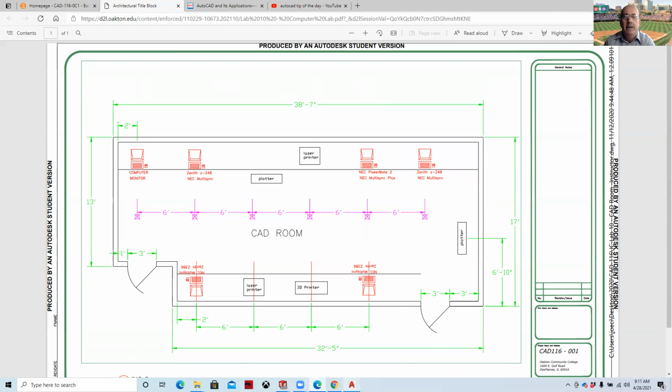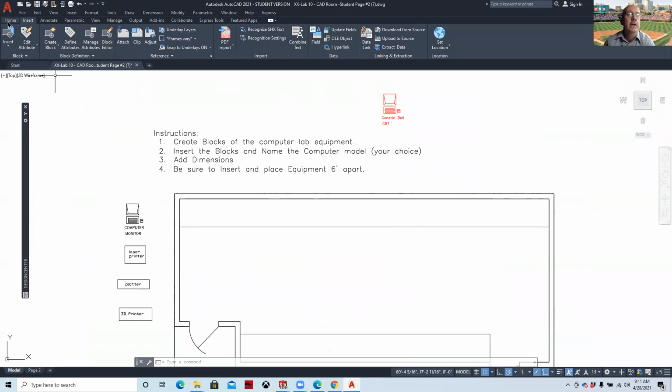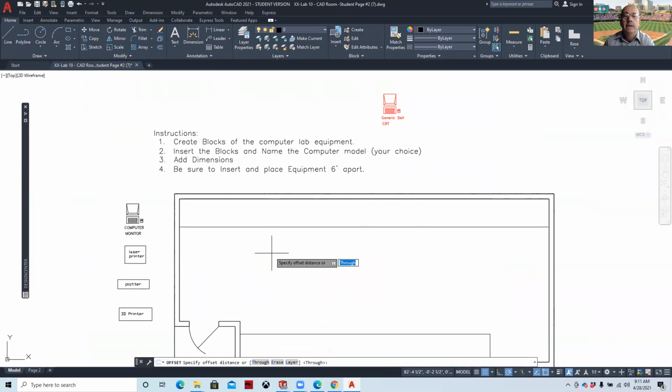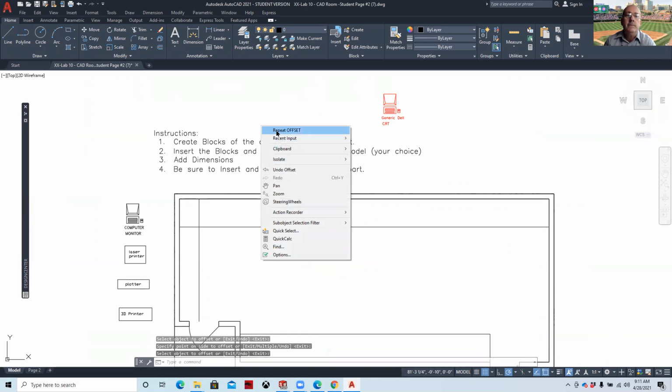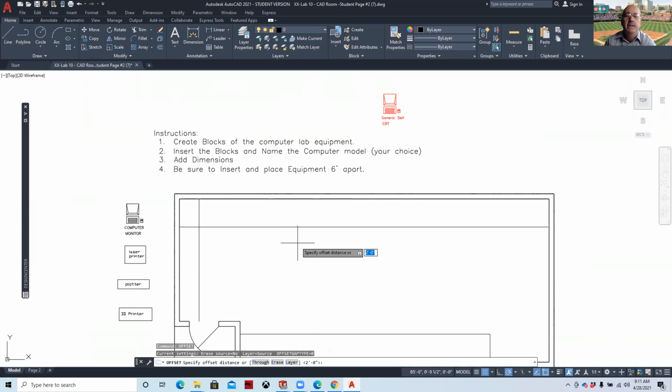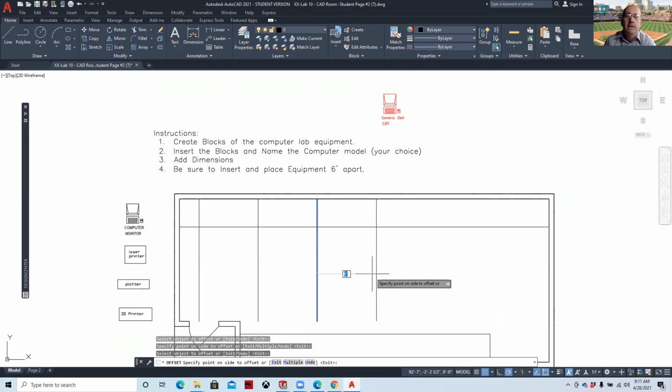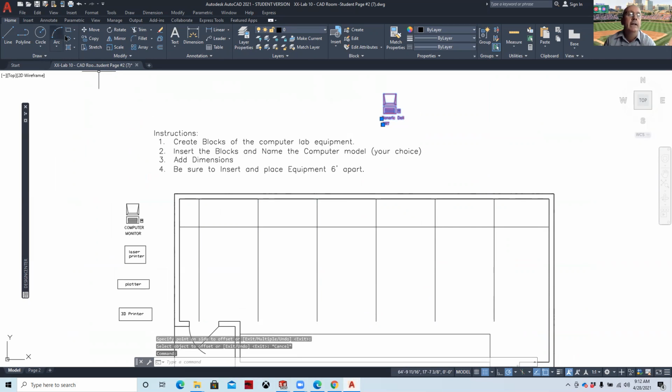If I switch back to my CAD, I can come over here, go to my home tab, go to the offset, type the foot mark, enter, select the wall and then the side, and then repeat the offset command. But we're going to change the offset amount to 6 feet. So you need to use the foot mark when you enter the data. Then we just offset these as placeholders. And then we can take the block that we created and move it